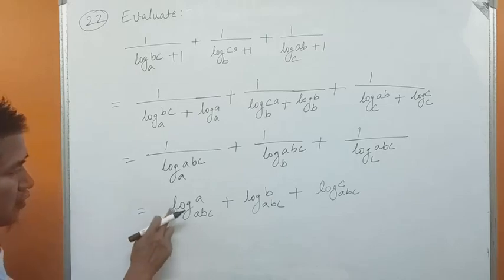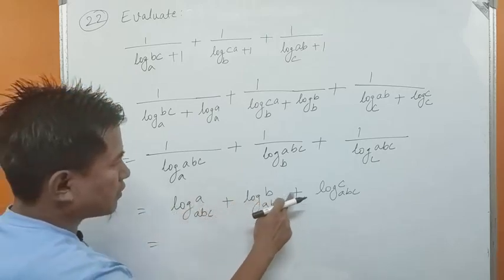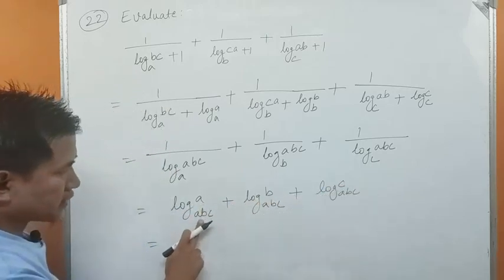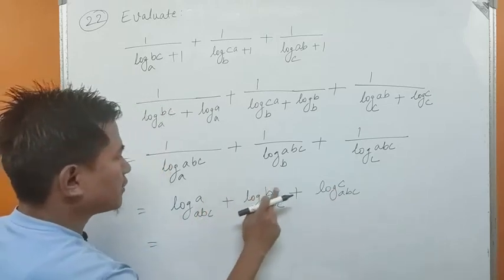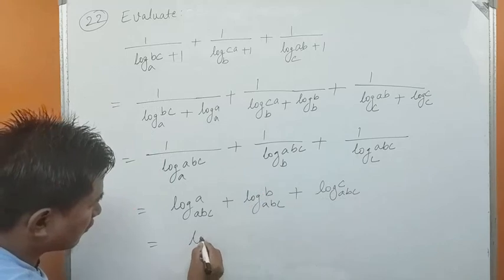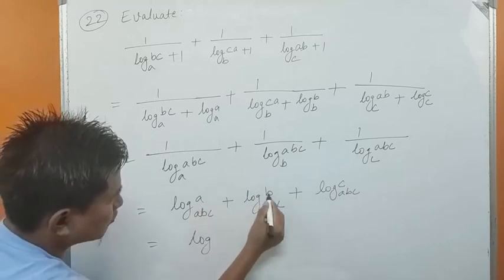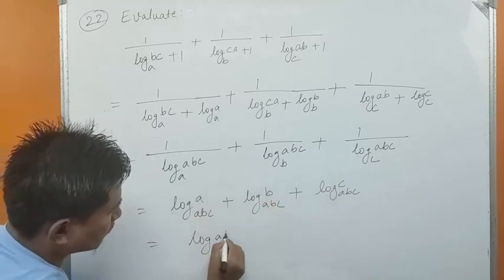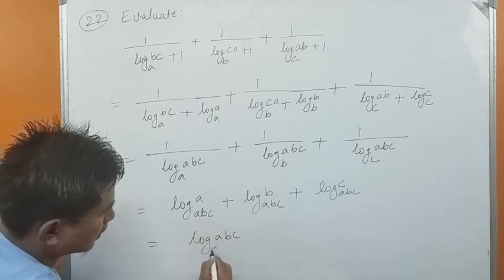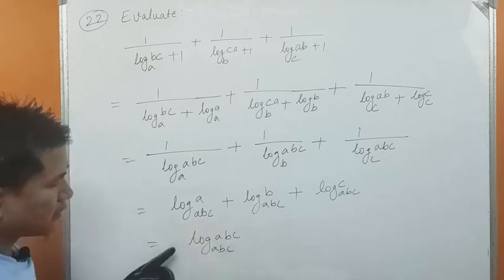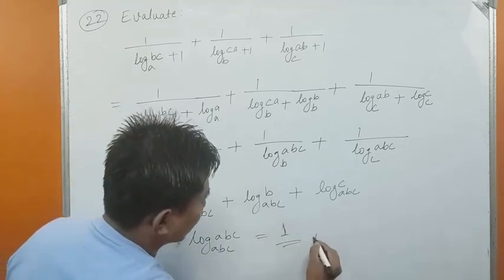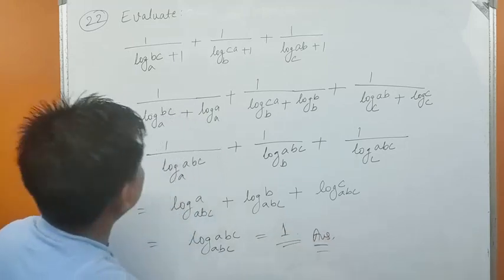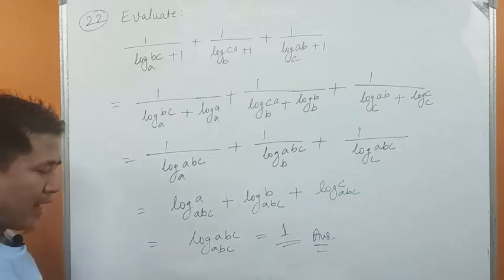So log a plus log b plus log c, isn't it? Bases are equal, abc, abc, abc. If the bases are equal, then we can multiply this. So log a into b into c, that is abc to the base abc. So log abc to the base abc gives us 1. Okay, so this is the answer for question number 22, the last question from this exercise and the last question